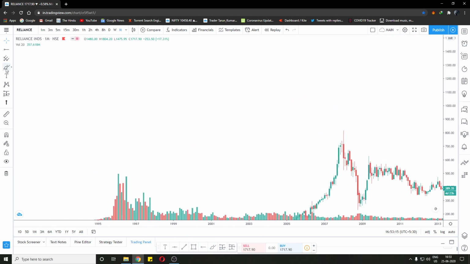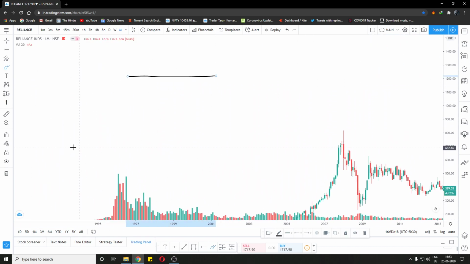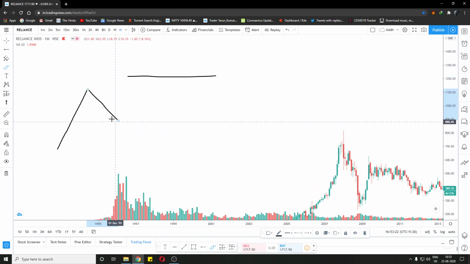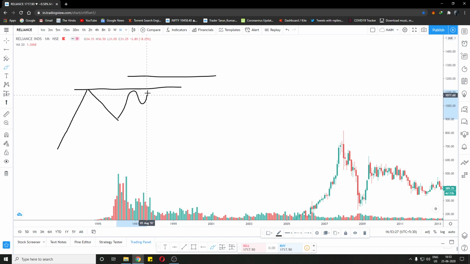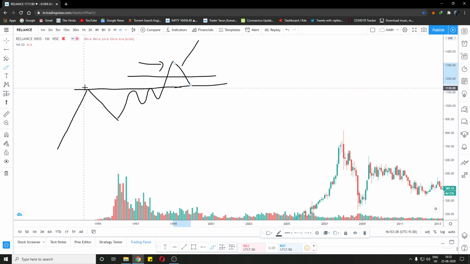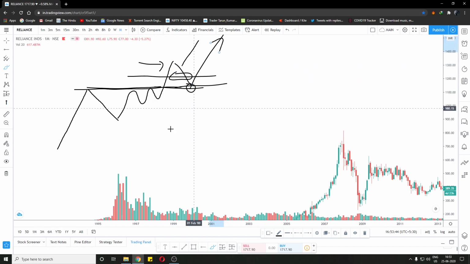It is very simple: we wait, for example, we had an uptrend and now the market has come down. So this becomes a resistance, and if the market touches this multiple times and then gives a breakout, we buy here and hope that the momentum keeps going. But if it comes for a retest, now this resistance will act as a support. We buy again, we average some down, and then the market goes up again and gives us good profits.